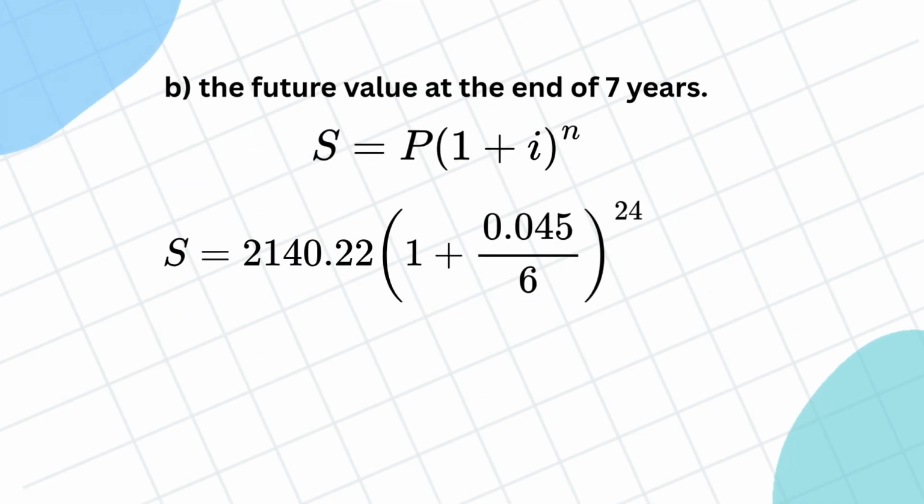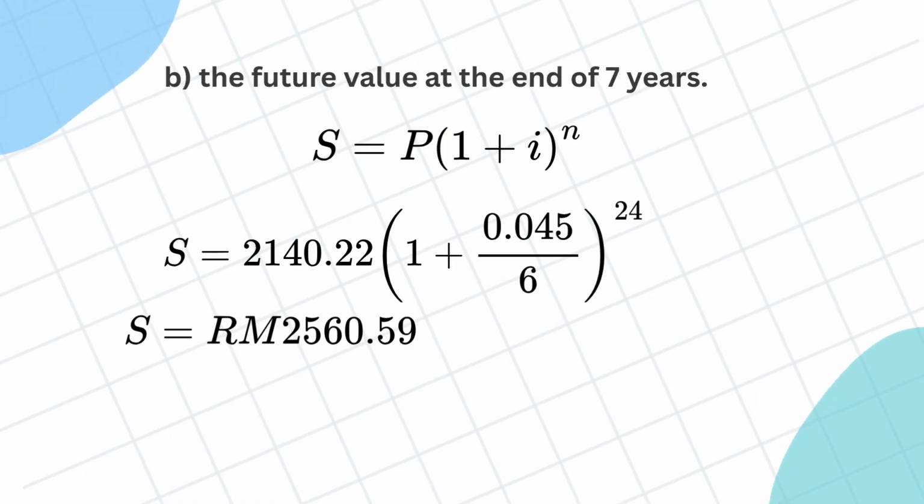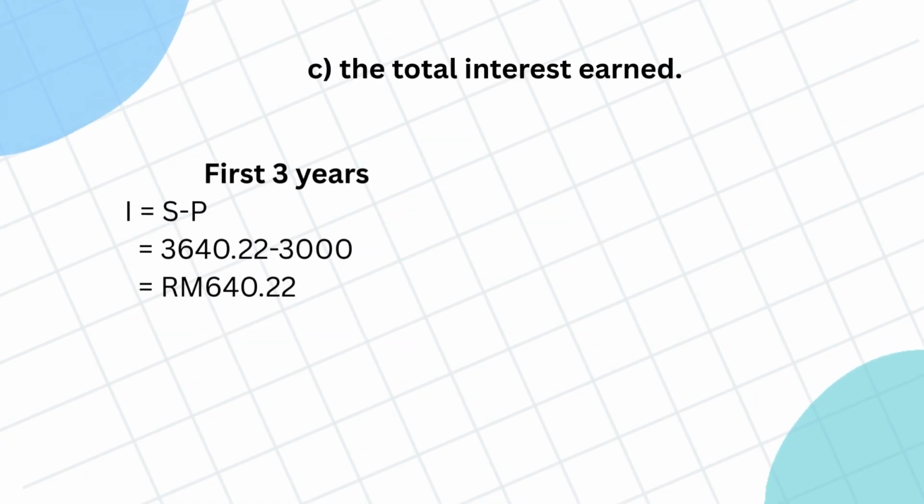And after that, using the compound interest formula, you can insert all the information that we have calculated before and the answer you should get is S equals RM2560.59. Next, question C. First, we need to calculate interest for the first 3 years using the formula I equals